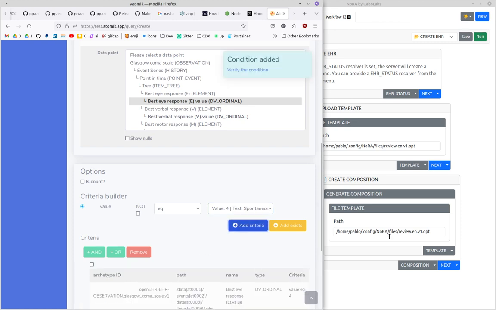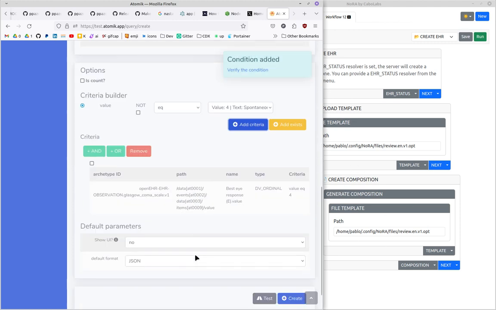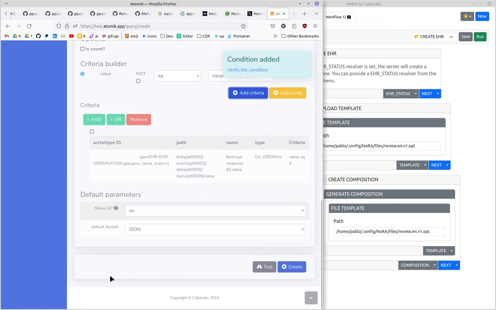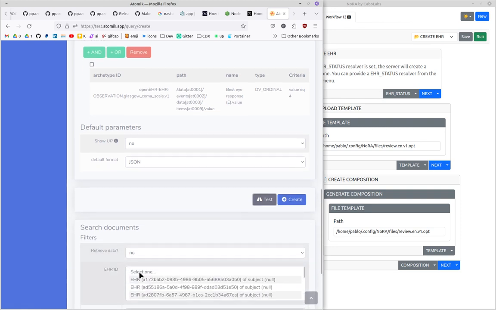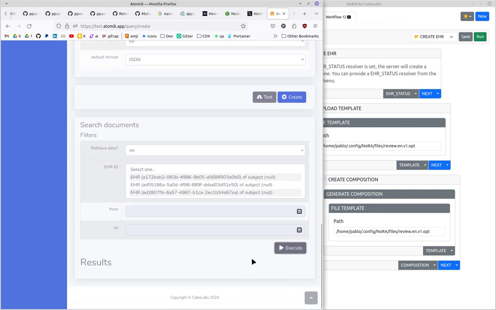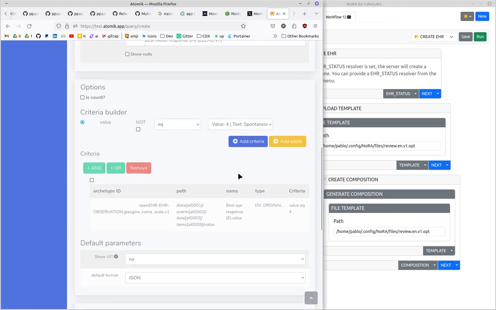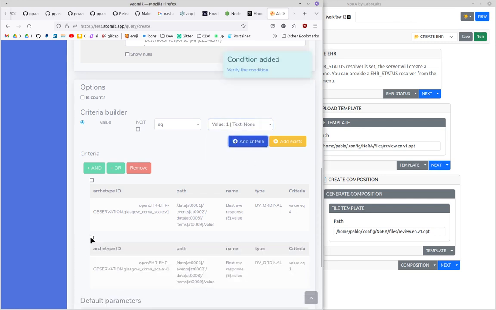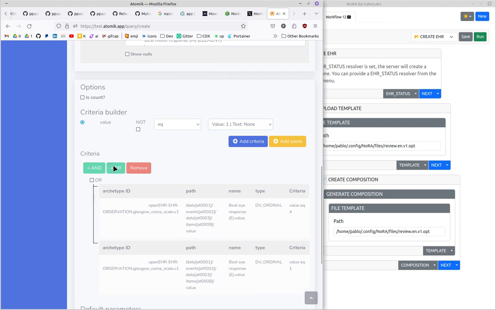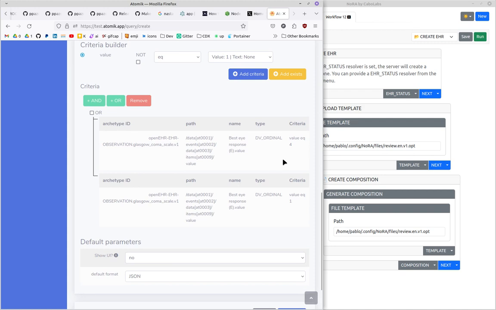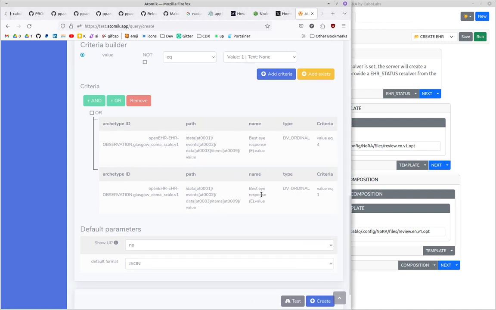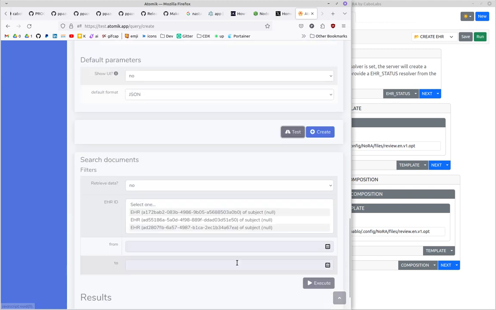Let's say spontaneous. I don't know which value was chosen here in the randomly generated data. So I might get, for instance, for running this, no results. No results. We can just double check this, and we can say we want one that is equal to none or to spontaneous. So we can do an or of these two conditions, and everything is point and click, and the conditions can be as complex as you need. I can test again,